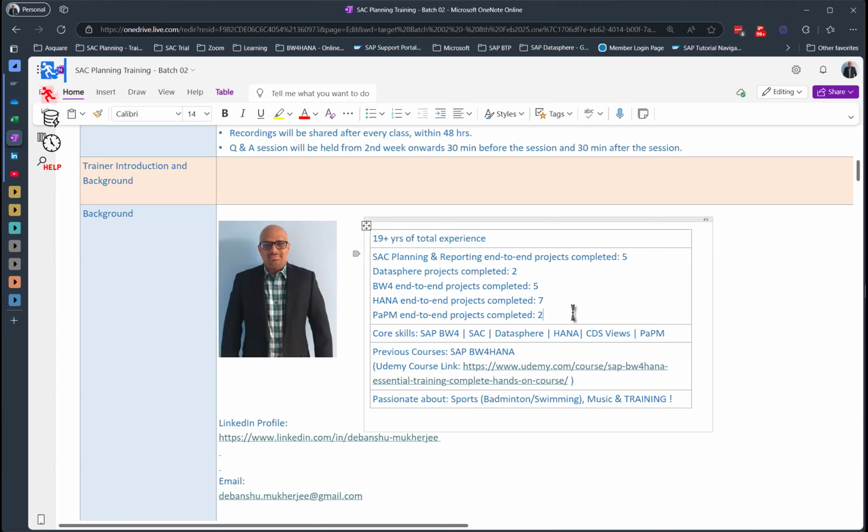Although SAC has the allocation functionality, if you have billions of records and the rules are very complex, then you need PAPM. So I was fortunate to be part of a project where we implemented PAPM cloud end to end. So those are my forte and skill sets. Core skills: BW for HANA, SAC, DataSphere, HANA, CDS views, and PAPM.